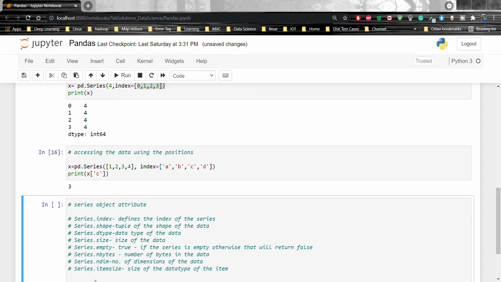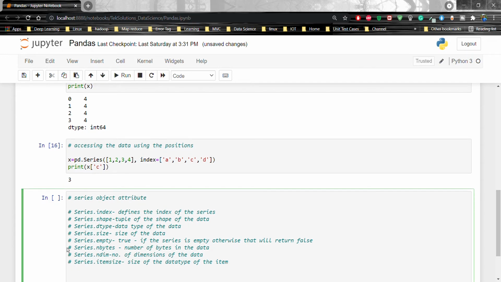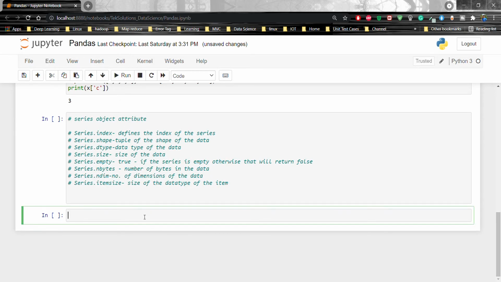Right, now I am going to show retrieving the index array and data type of a series object. We can retrieve the index array and data type of an existing series object by using the attributes index and values. So before that, let's create one series: x equal to pd dot Series with data equal to 2, 4, 6, 8.